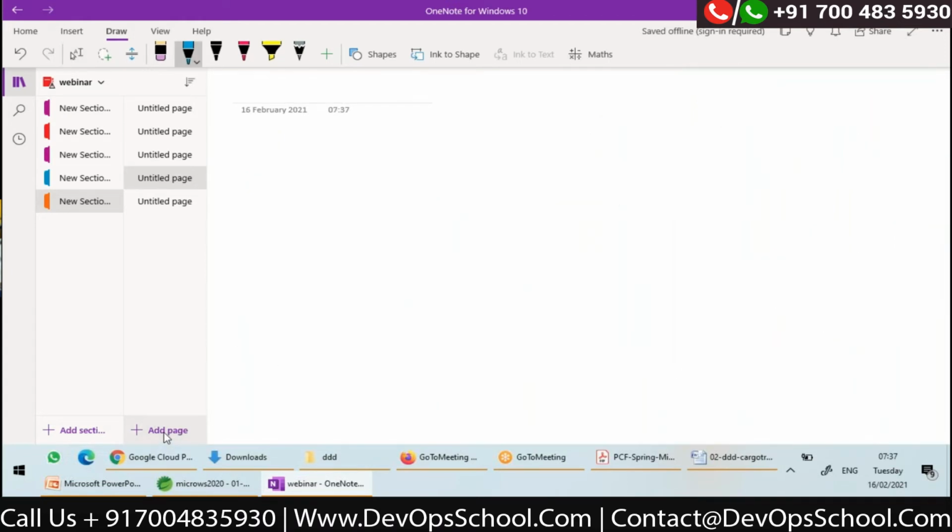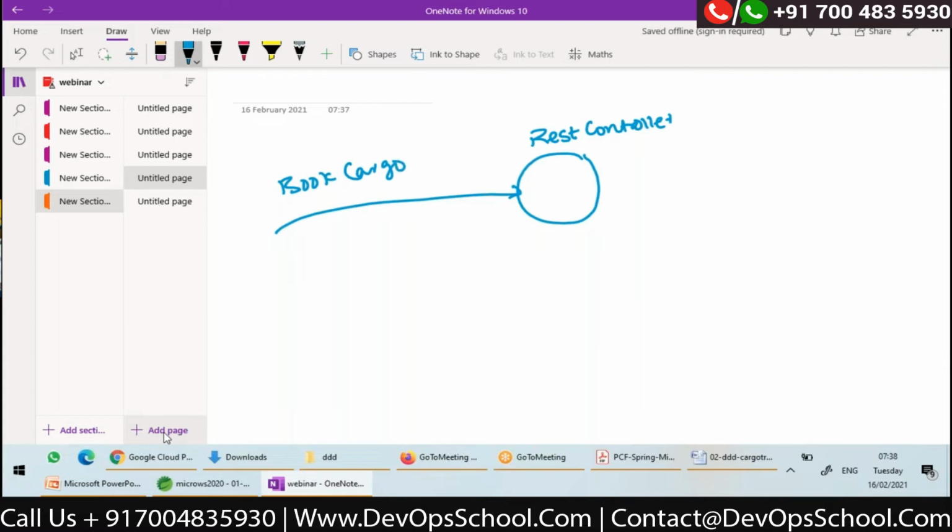Actually, in my application, later I'll be showing you, there will be a REST controller which will take REST API calls. So whenever a cargo has to be booked, the request will come. Book a cargo is a REST API call. But whenever cargo has to be booked, some data will be there, right? It might be a post request. The client might be posting our data on how to book a cargo, right? So